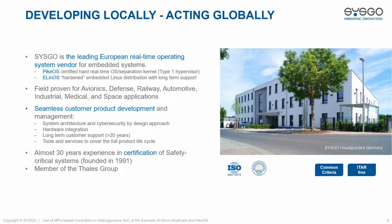We will now continue with taking a closer look at the company SYSGO. SYSGO started about 30 years ago in the domain of embedded software, mostly with x86 and PowerPC boards. Very soon there was a focus on Linux projects, and as a consequence, we developed our own embedded Linux distribution, which is called Xilinx. In about 2000, we started to work on certification projects, mostly in the avionics area, and